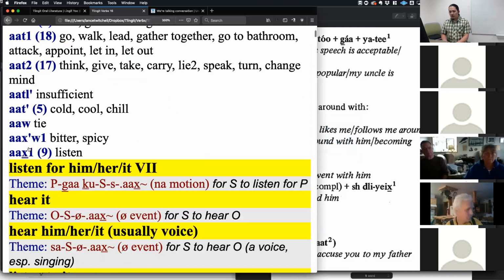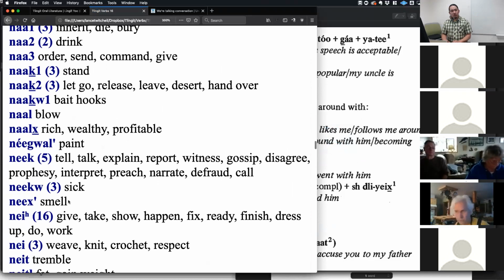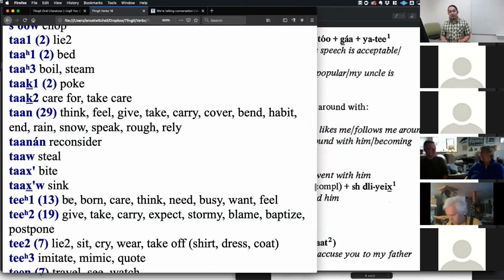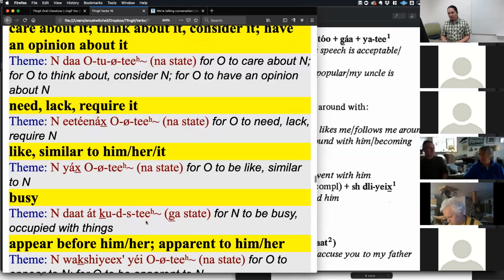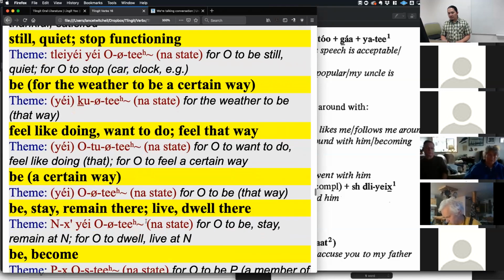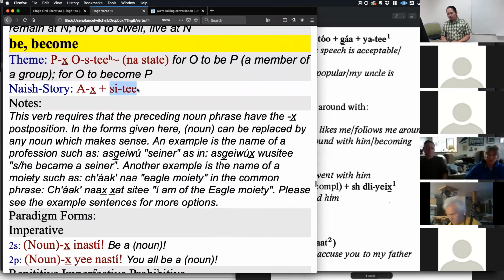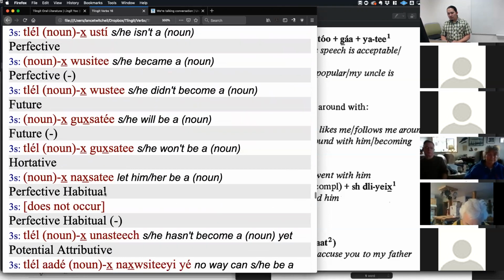Which we got from, we were doing some work with Kushtak Oish, Bill Fawcett, and he was saying, like, thanks for being with us. He said, "Gunchish ha'in in chisati." And so what you've got there is a sati verb, which you can grab from here to be or become, and then you can grab this one. There's no perfective habitual form, so you could say,